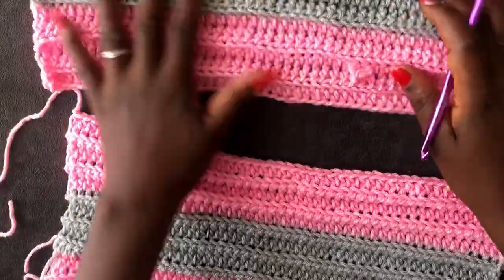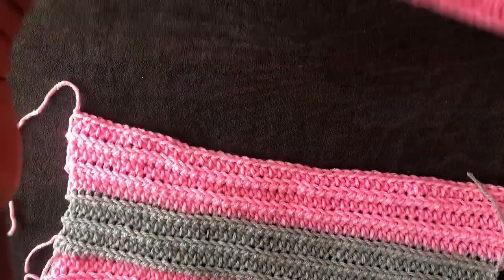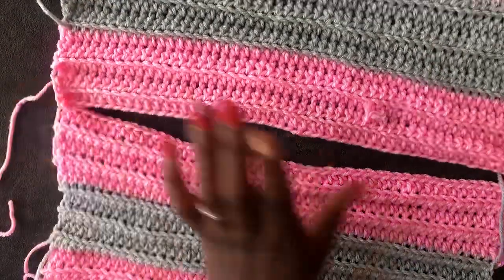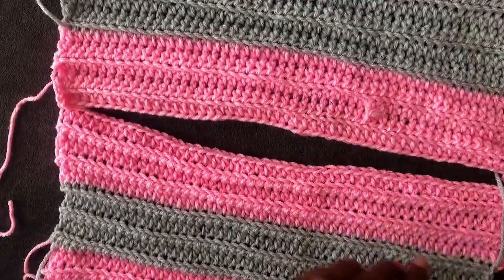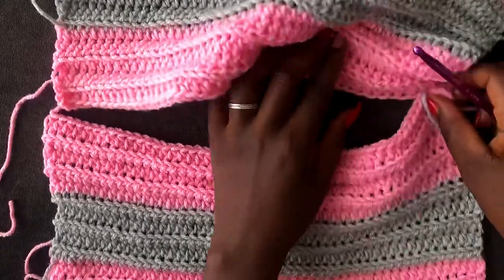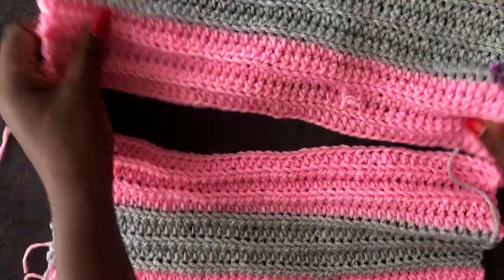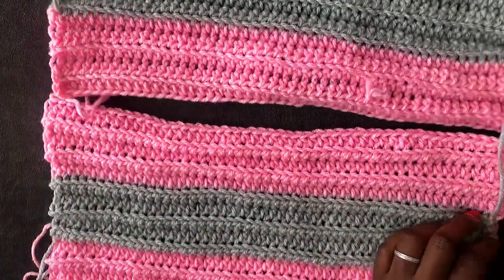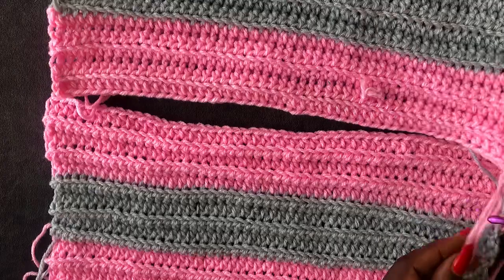Look for the rough side of your piece. This is it, because it's going to be the inside of your crochet top. Now we are going to do a slip stitch along this, but we're not going to complete. So I'm going to put my hook